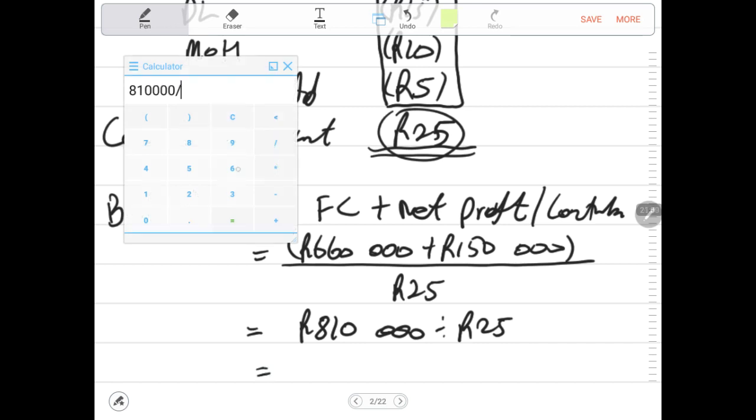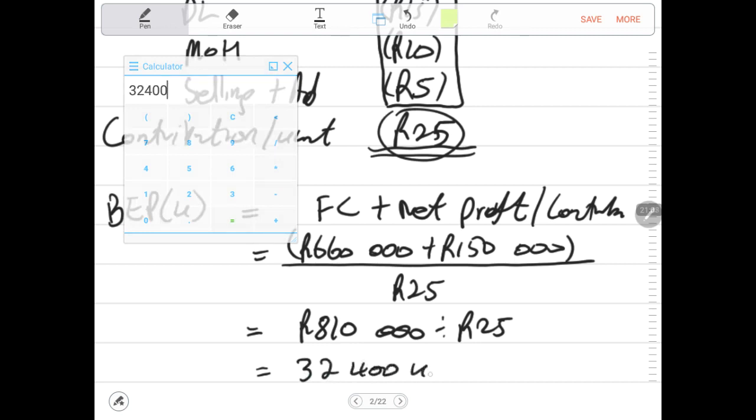Then we divide this by our contribution of 25 rands, meaning the company must sell 32,400 units in order for the owner to make a profit for himself of 150,000, meaning a return to the owner of 150,000 rands. Meaning now, if you have invested money and you know how much you need as a return out of what you've invested,